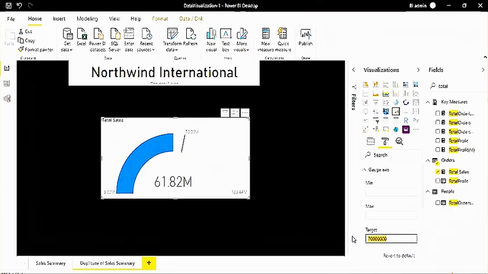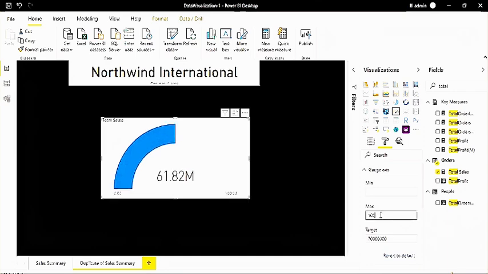But where did the 123 million figure come in? I mean, if you see the scale. Yeah, by default it takes the maximum scale as double of the actuals. Let's say if your actual is 10, then the maximum scale would automatically be 20. Can I edit that? This could be a good figure for me. I might want to show it at the end of the donut for the max. In case you want to customize the max, you can fill the value here. By default, it will just double up.